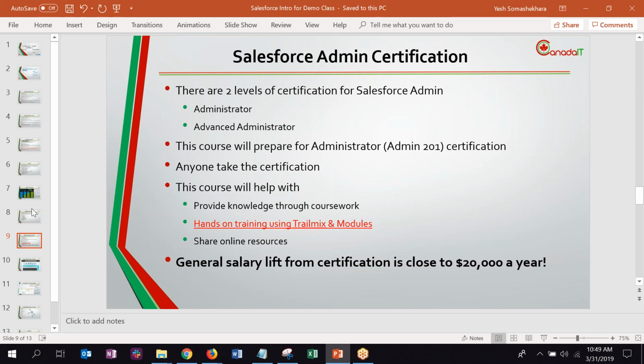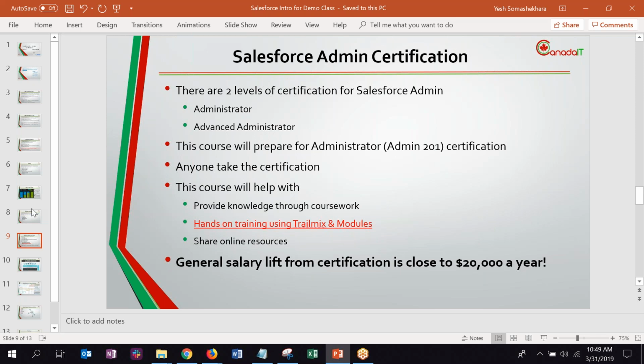Banks, I work for a fintech startup that is based on Salesforce. Banks are ready to put customer data on cloud now. That's how accepting they are. And if you have worked in the banking sector, you have to know they're very conservative, especially when it comes to data. They're very, very rigid. They want to make sure that data is very safe, very secure. And even the US government is now moving towards cloud. So cloud is a big thing, and it's taking off in the GTA in a big way.